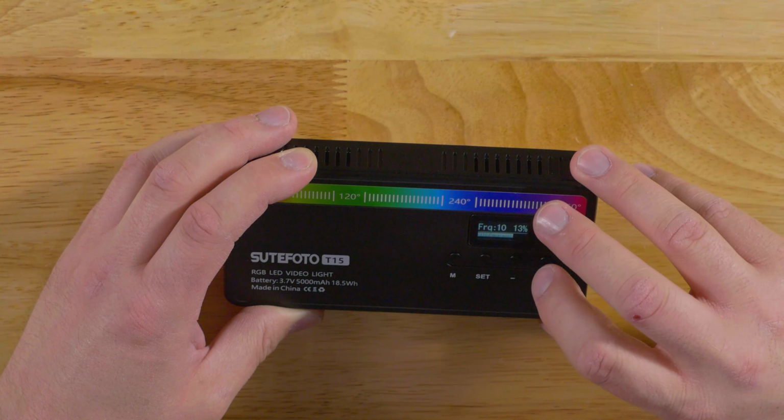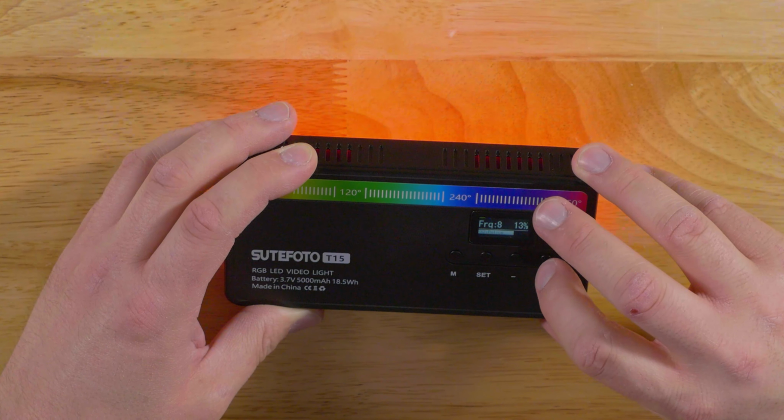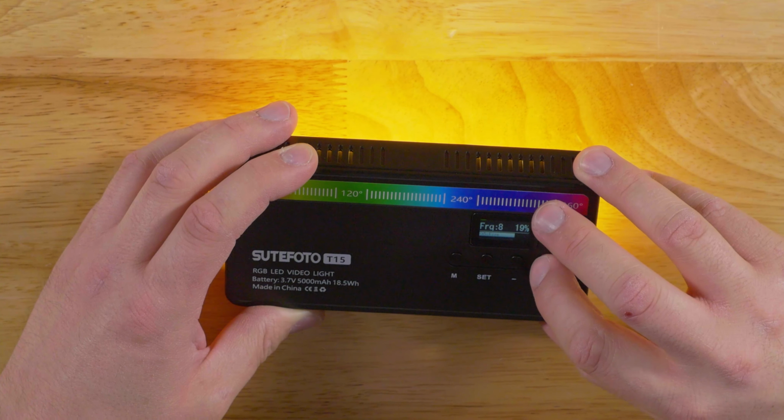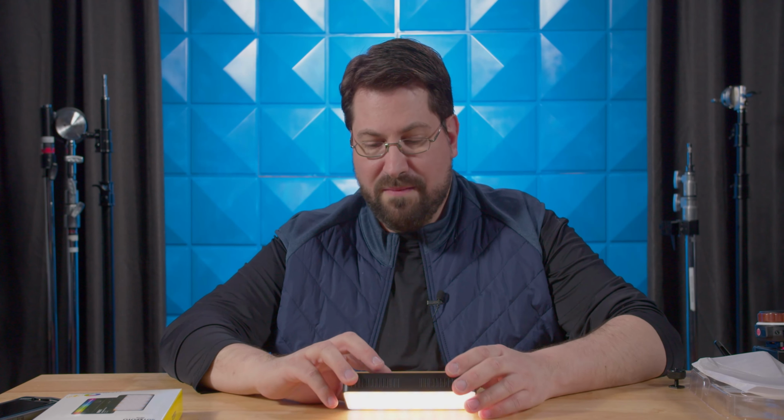RGB circle, paparazzi, lightning, your police, your fire, your ambulance, your fire, and then back to fireworks and faulty bulbs. So you do get quite a bit of control. So that's pretty much it. Those are the functions. Now let's take a look at a real world test, and let's also take a look